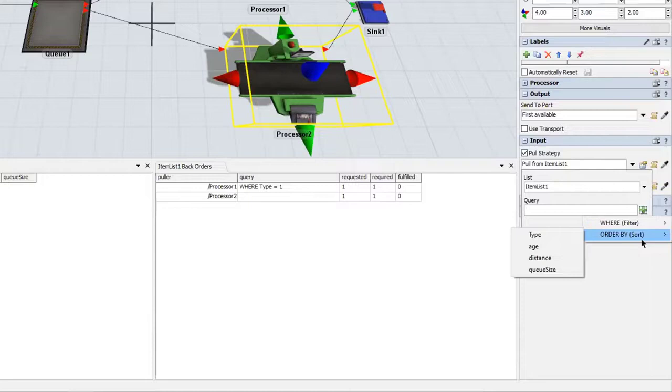So an order by query means that if you look at the list and there are multiple entries that meet your criteria, then the order by query allows you to say, well, what order do I want